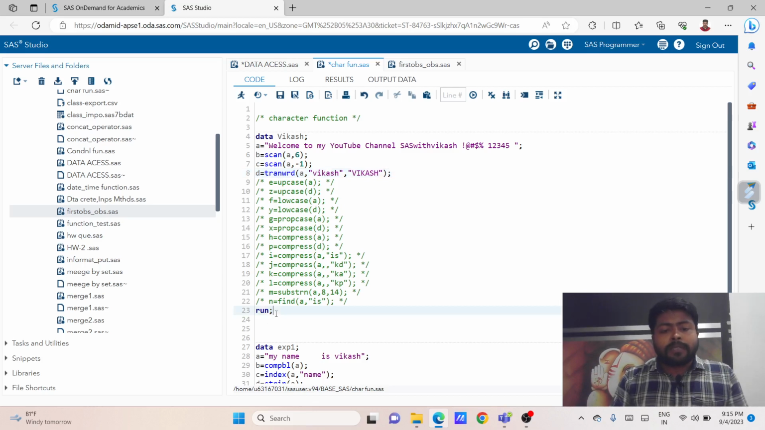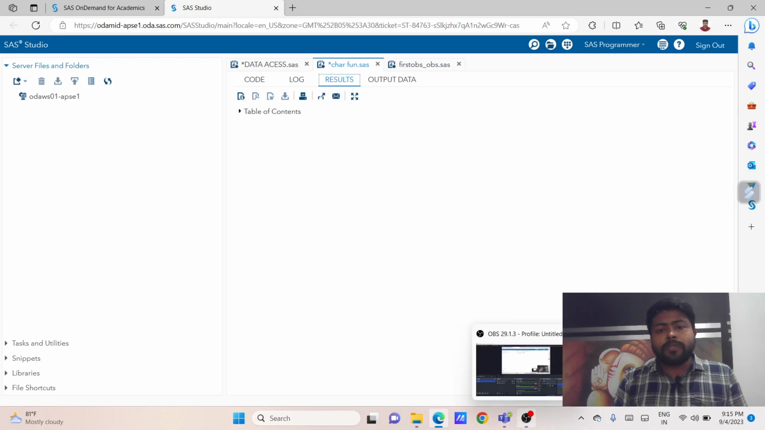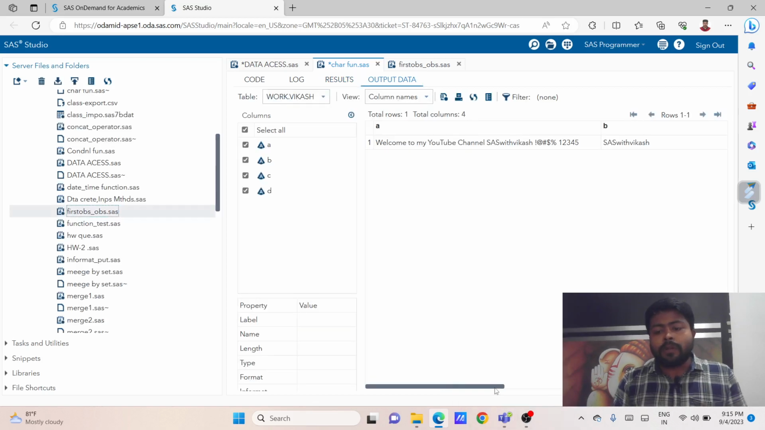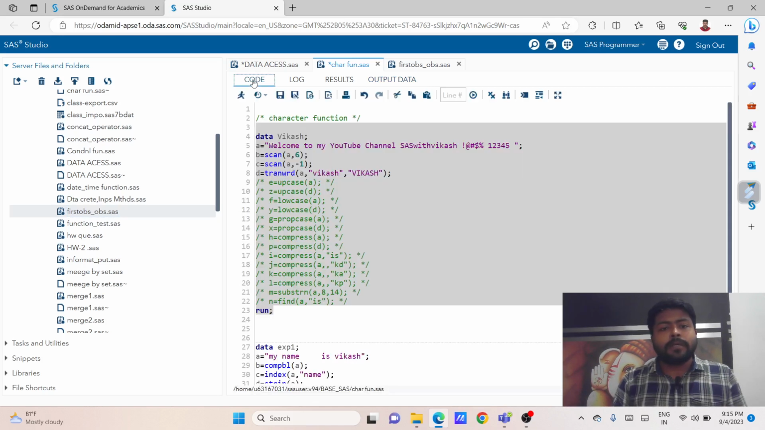You can see this also. I'm going to run this one. Once you run it you will see that the small letter Vikas is replaced with the capital one, VIKAS. You can see here that the small one is replaced by the capital one. So